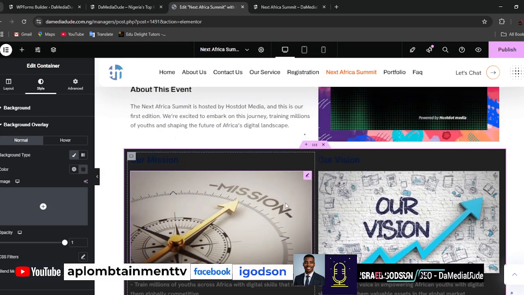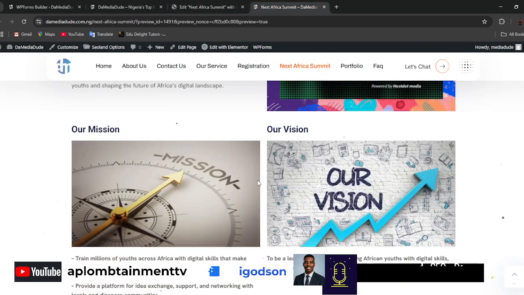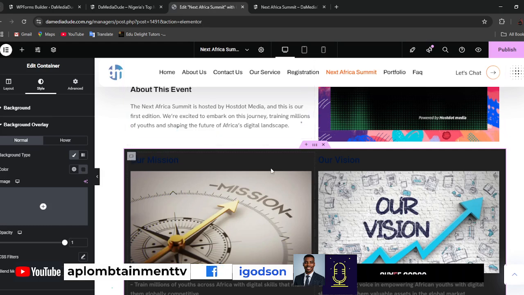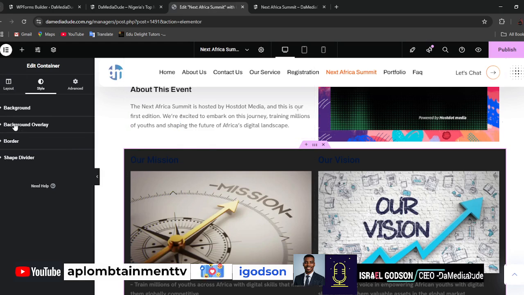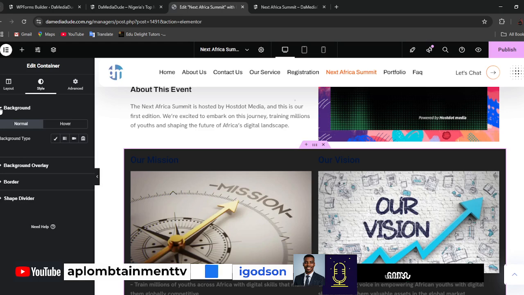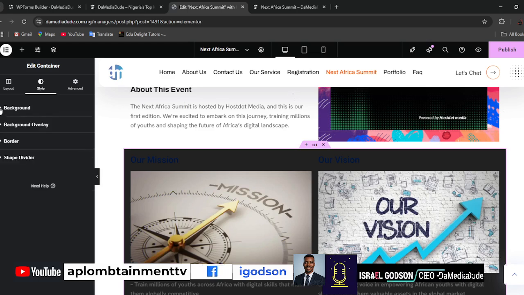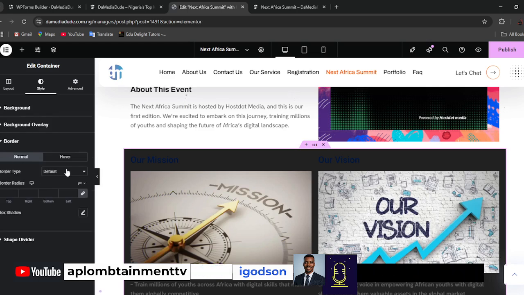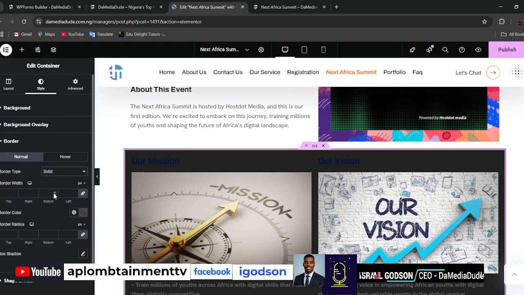Now that is one. Two is that we can also give it a border. So probably we need some borders around here. Same in this style. When I close this, okay, this is the overlay. That wasn't even the background. Sorry about that. So the border, I'm going to give it a solid border, and I'm going to increase the